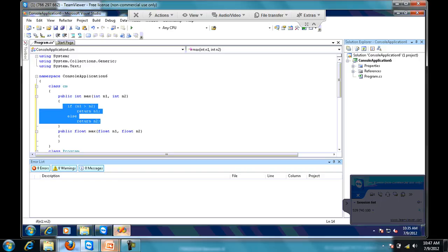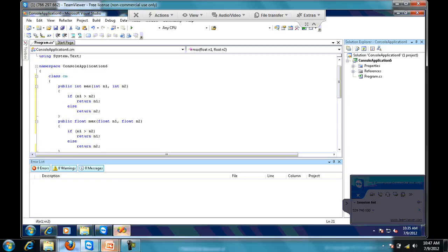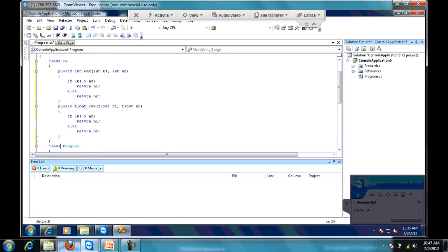The functioning is the same, as my task is to find the maximum among two numbers. Close the definition,